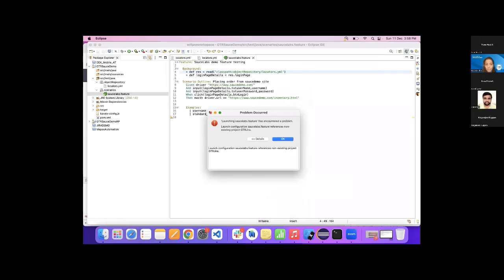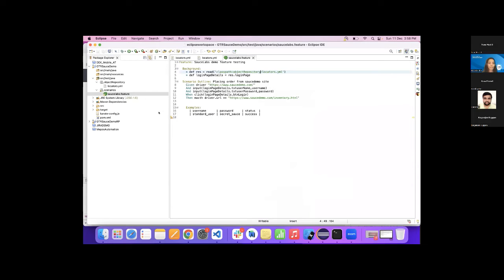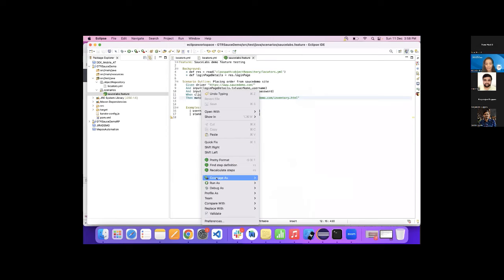Source lab features. Okay. This match spelling is wrong. Match. Then match. Is it correct? I guess, but there is some launch configuration issue as well.